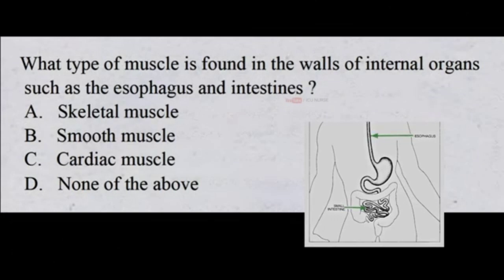What type of muscle is found in the walls of internal organs such as esophagus and intestines? A. Skeletal muscle. B. Smooth muscle. C. Cardiac muscle. D. None of the above. And the correct answer is